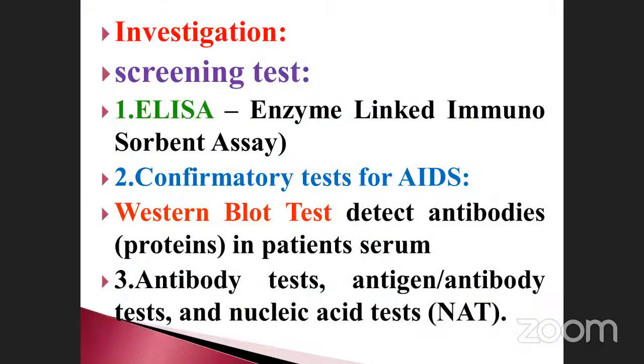And then investigations. What are the investigations we already discussed? There are three types of investigations reported. One is called ELISA, enzyme linked immunosorbent assay, a screening test, and the second one is the confirmatory test for AIDS, which is the Western blot. There are also antibody tests, antigen-antibody tests, and nucleic acid tests, which is a direct method, and indirect methods, and also one directional, two directional, and oral quick methods, already discussed. These are the tests present. Mostly these two are used for identification. That is also already discussed, isn't it?